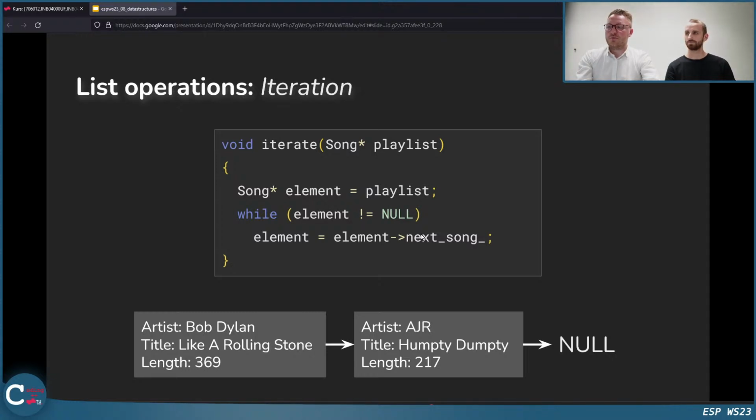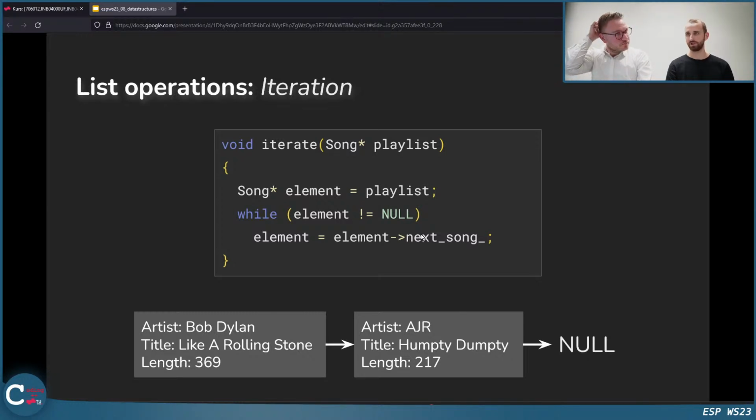Then you have a graph. What happens if you create a loop by setting the next element to a previous element of the list? We will have a loop then. So you can also iterate. It depends. If you have just a single linked list, like we are talking about, then we cannot go back, because we do not store the previous one. We only have the pointer to the next element.